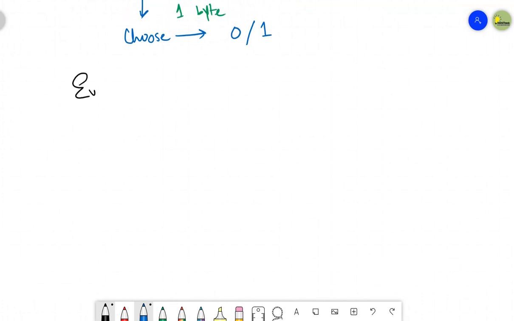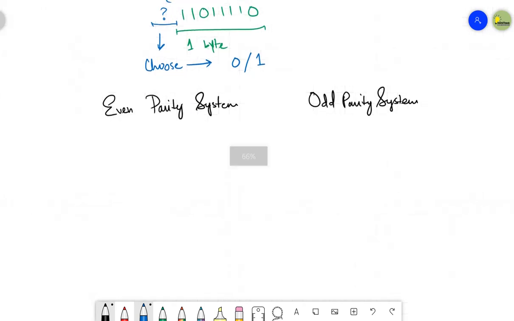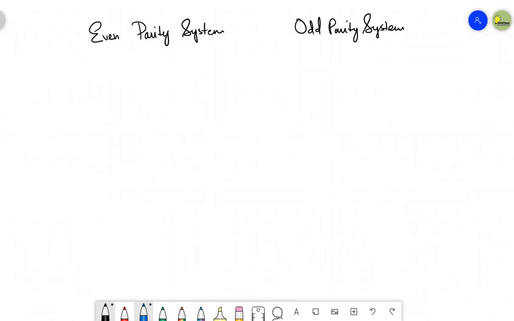Either you can use an even parity system, or you can use an odd parity system, right? So these are the two different parity systems that are being used, even parity and odd parity. So let's talk about these two systems one by one.